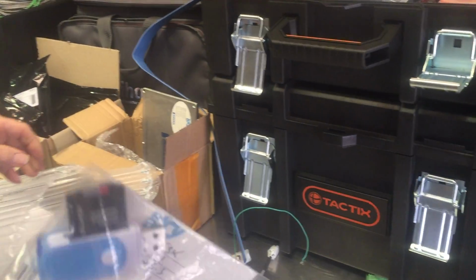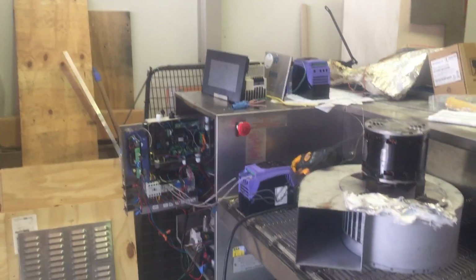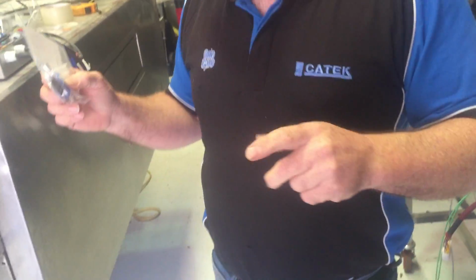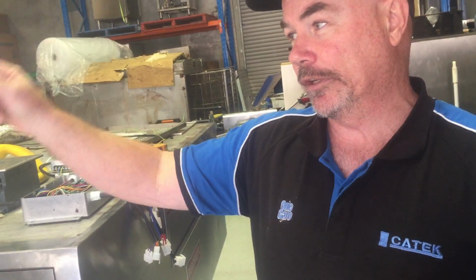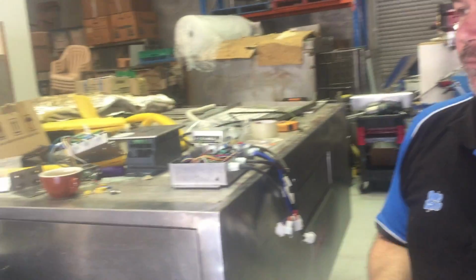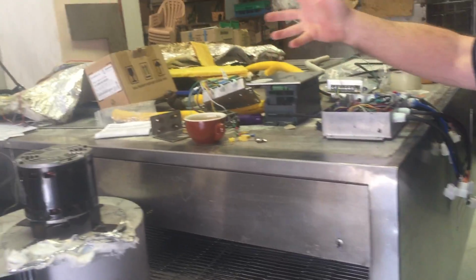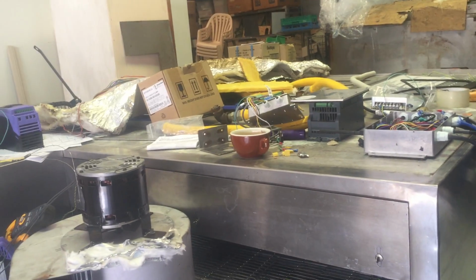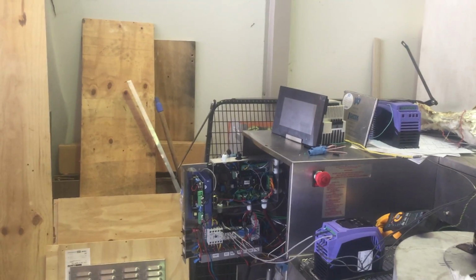Right. So where's this one going? That's for the TFT screen, the program. When we update the software in the processor, we also want to make sure we've got the latest software in the screen as well. Because if I use that on that board, some functions aren't going to work. So you want to get them compatible. Yep. All right, we're going to call it because that's 16 minutes and that's going to take